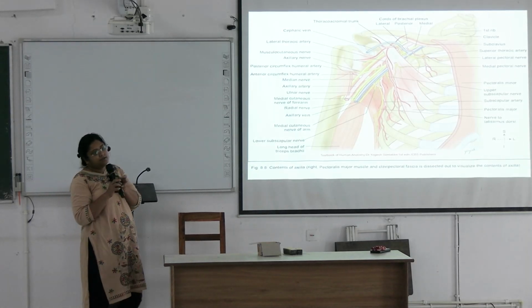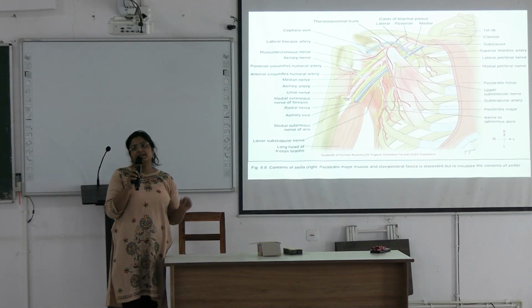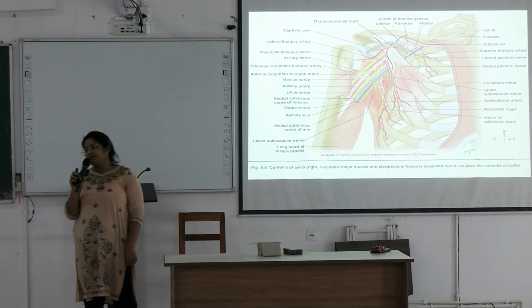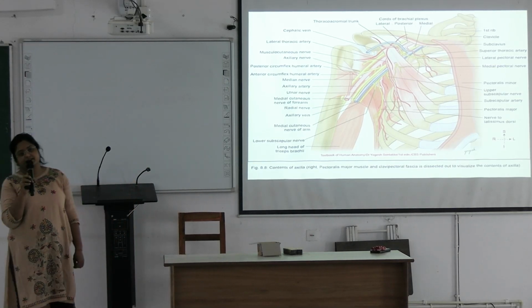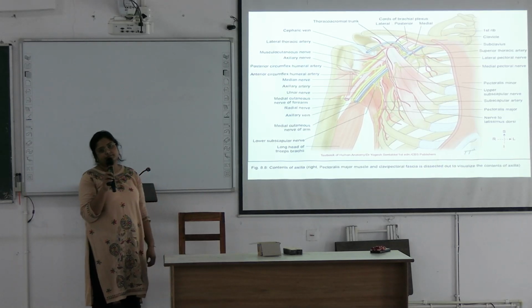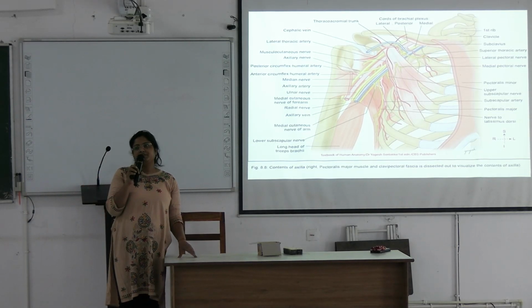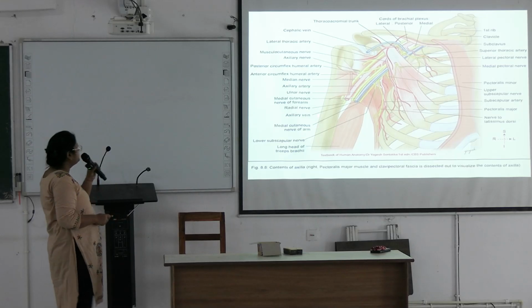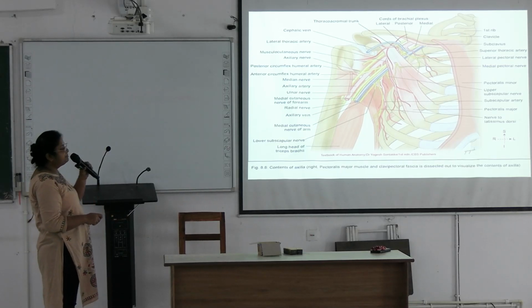Right, this point, posterior to the artery will lie the radial nerve. Okay, and which will enter into the spiral groove along with the profunda brachii artery. Posterior to the artery lies the radial nerve which enters the spiral groove along with the profunda brachii artery, which is the largest branch of the brachial artery. See here, this is the radial nerve entering into the spiral groove.